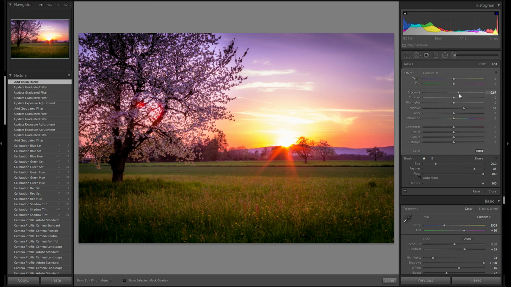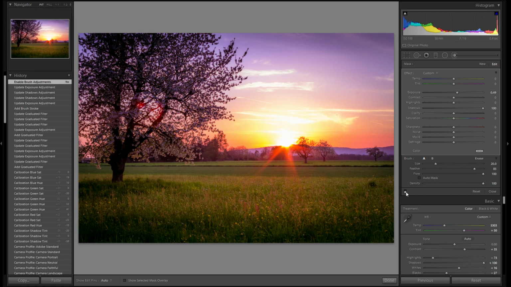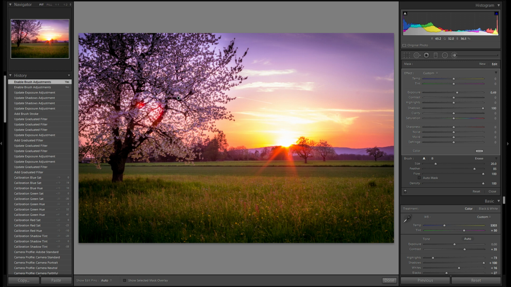Actually, I think I'm gonna add even more exposure here. Maybe even gonna increase the shadows all the way. Yeah, bring back the exposure just a tiny bit. And you can see here, without, very dark tree, and with, it just brings back the details of the flowers on the tree. And you can see here, this section of the tree is a bit darker than this one,